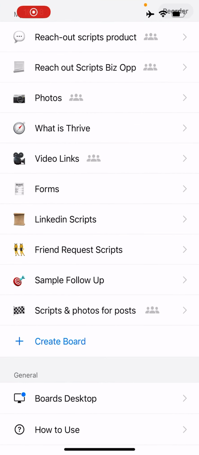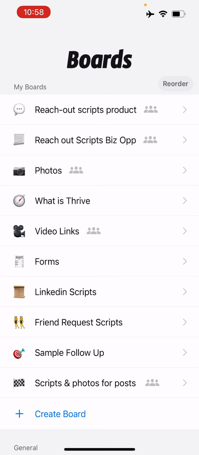Okay, wanted to do a quick little training on the Boards app. So if you go to your app store and you look up just the word boards, it is a white app with the words boards in black across the app little icon. Download that app. It's going to walk you through a few steps to get to your keyboard, to allow it